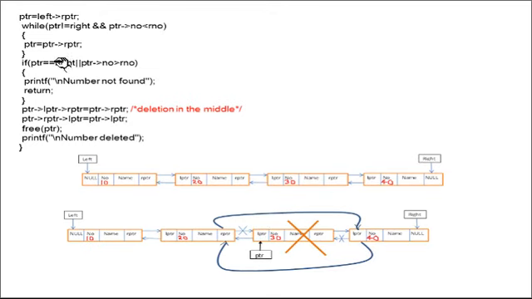So you just follow all these lines one by one, then you can easily remove this node.